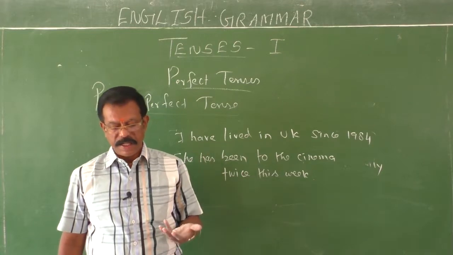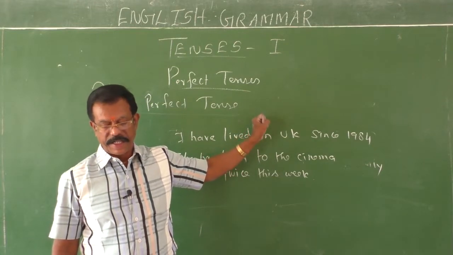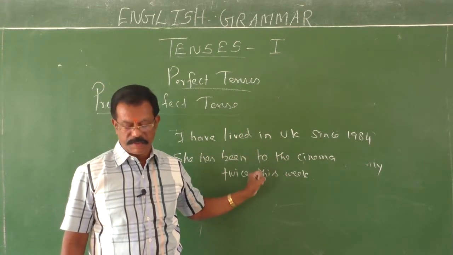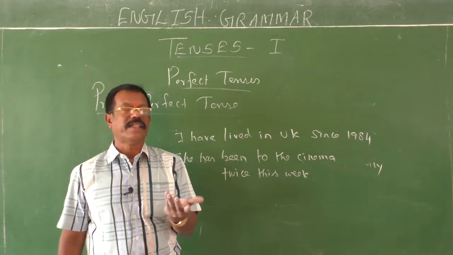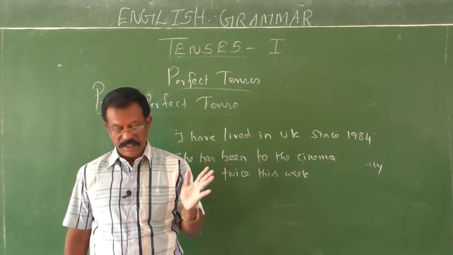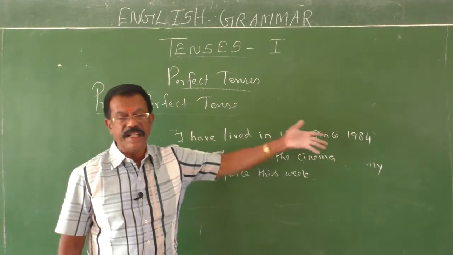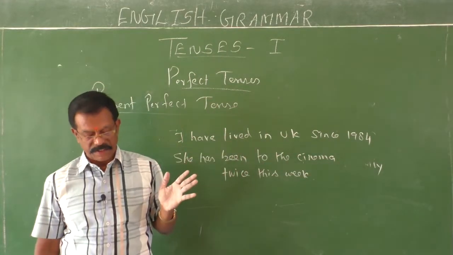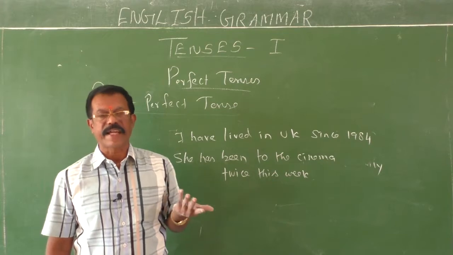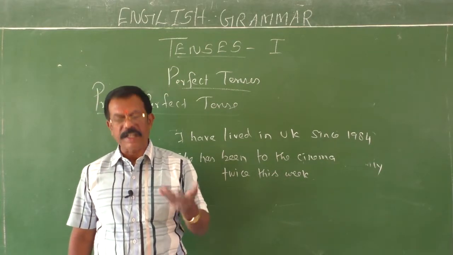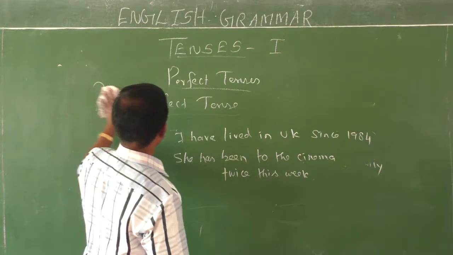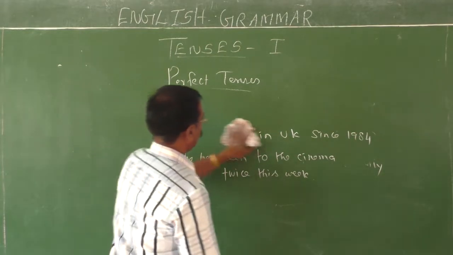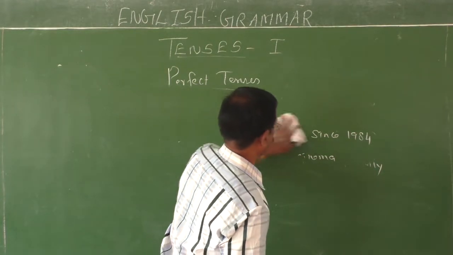Let me sum it up. Action started in the past and continuing in the present, there you can use this present perfect. When the time period has not yet finished, there you can use the simple present perfect. Actions committed in the very recent past, there you can use present perfect. And when the precise time of the action is not important or not known, there you can use this present perfect. Next, past perfect tense, where you can use this past perfect.